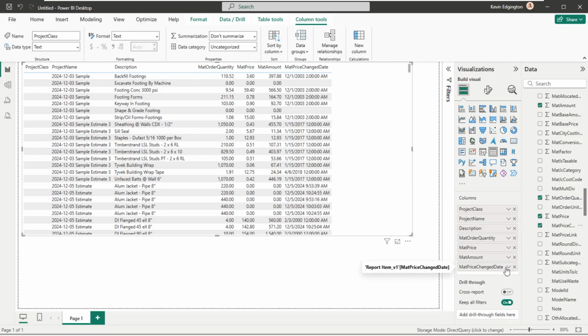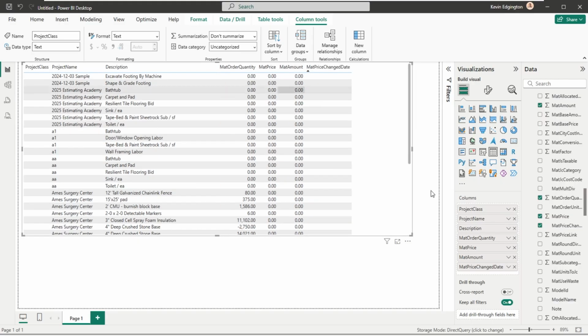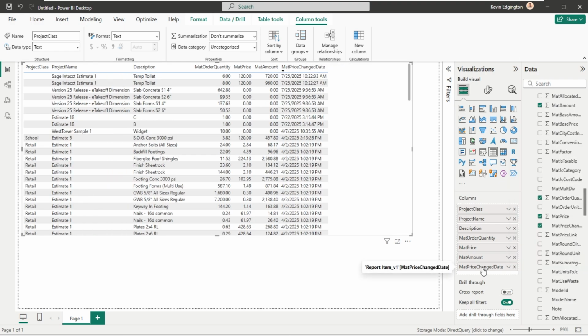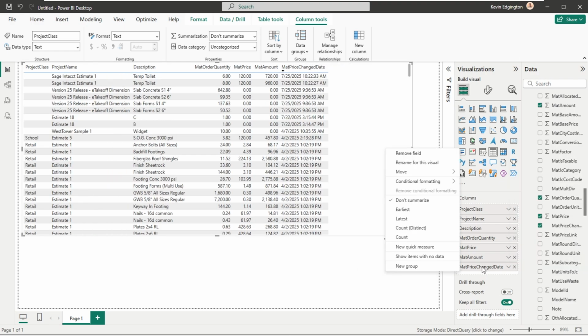Now with date, it put a few things in there. What is that? That looks like a date and time. How did I get just the date of that earlier?